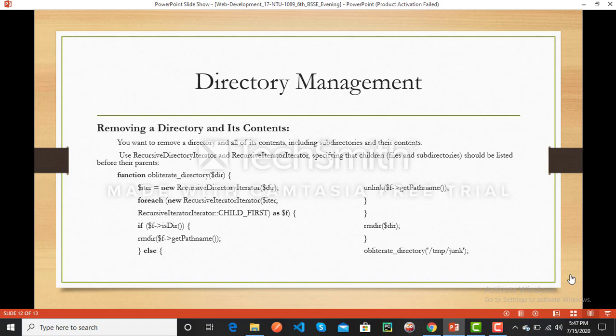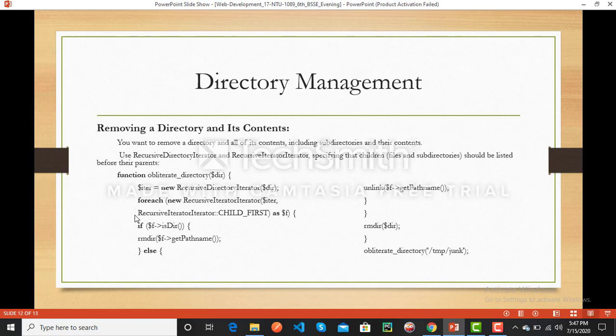Then I put an if condition: if $f is a directory, then for its contents, remove the directories. Get the path name, then remove it using rmdir.